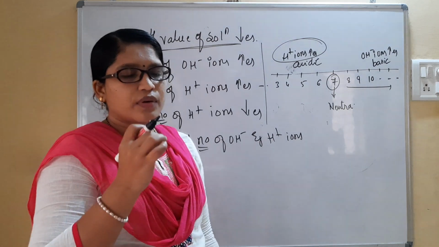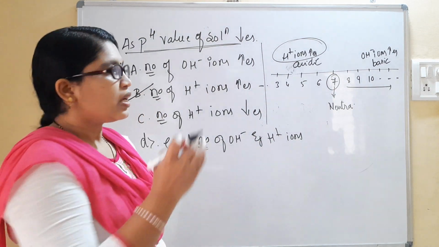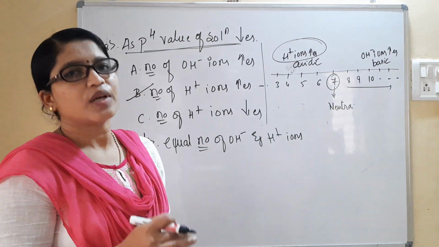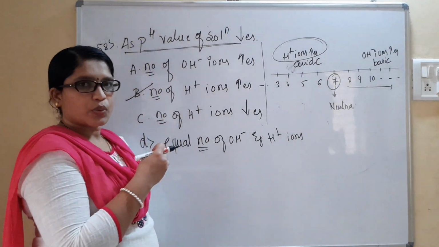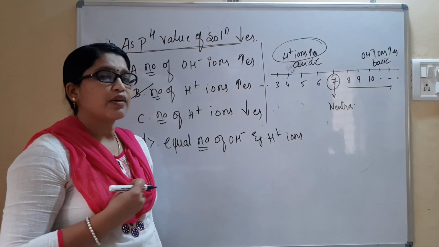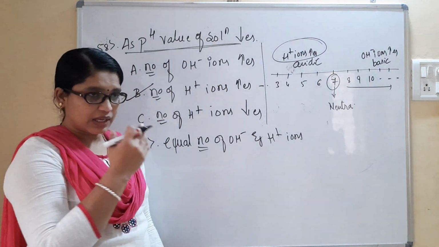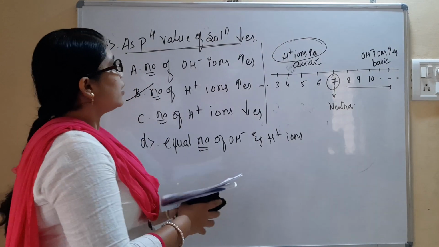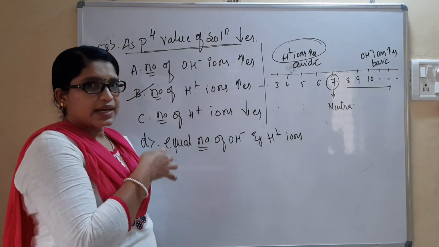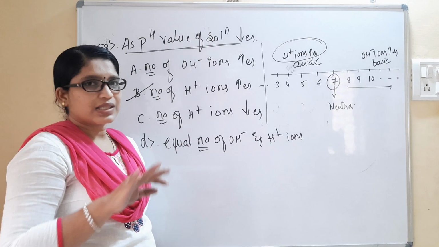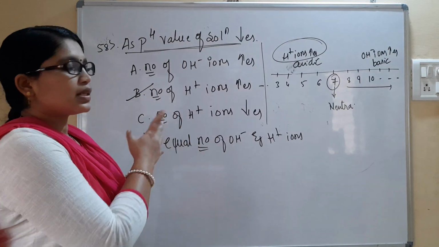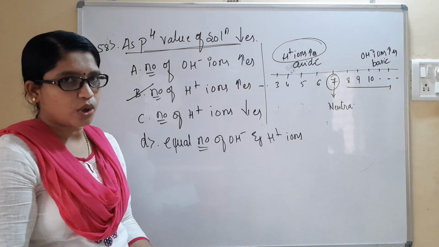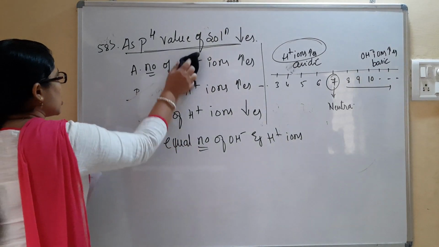This is a very conceptual question. Based on this concept, you may even get 2 to 3 different questions. Please do focus on this question and solve at least 4 to 5 questions on the pH scale itself. Fine. So this is a question from the acids, bases and salts chapter. Salts are completely removed; the acids and bases chapter remains. This is the most conceptual question, and based on this you can solve 4 to 5 questions. So this is how we have done it.